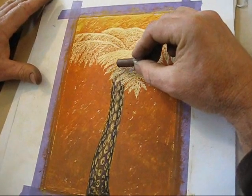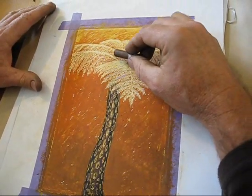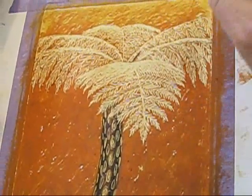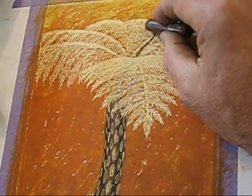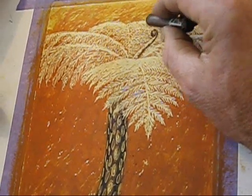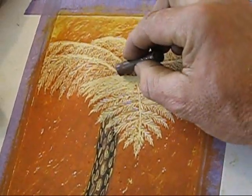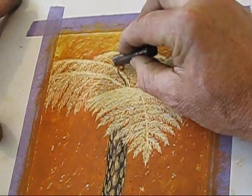You've got to remember that they're starting down here on the trunk, not up here. So you're not joining them together up here, they're joining down here somewhere. So we'll start up here, we'll come out with the knife edge of the pastel, and then just a nice small twist around there. Then go to another one on the other side, a little bit of a twirl,